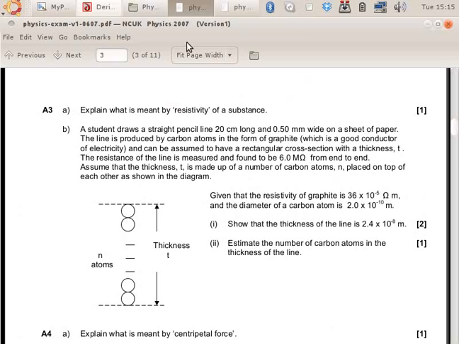So there's the diagram, and we're told that it's 20 centimeters long and 0.55 wide on each sheet of paper. The line is produced by carbon atoms in the form of graphite and can be assumed to have a rectangular cross section with thickness T. So that's the thickness T there. The resistance of the line is measured to be 6 mega ohms from end to end, and the thickness T is made up of a number of carbon atoms placed on top of each other. Given that the resistivity of graphite is that and the diameter of carbon atom is that,